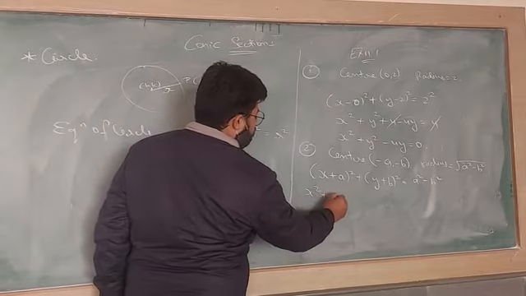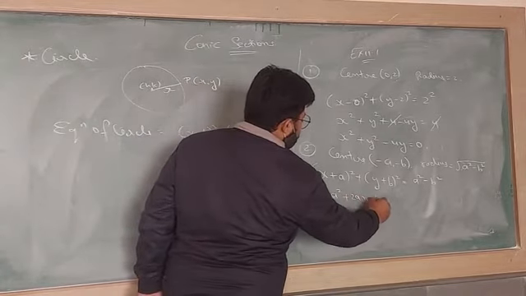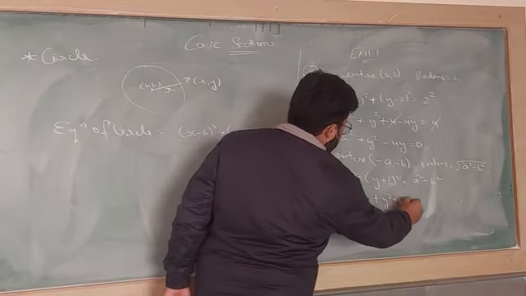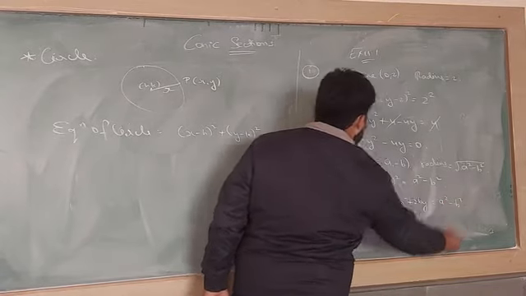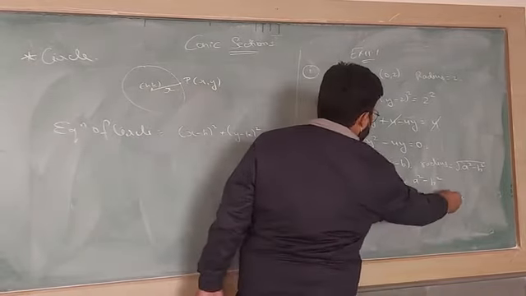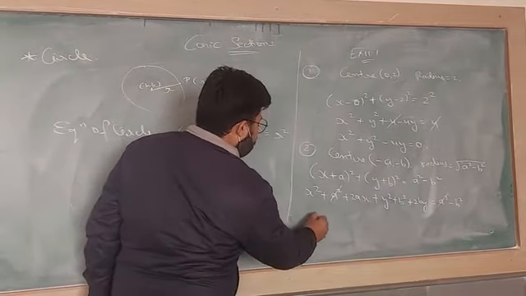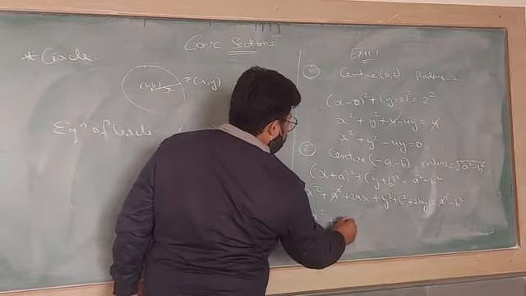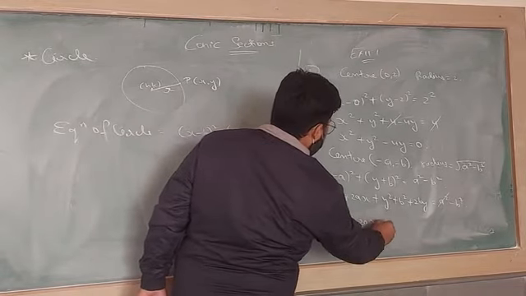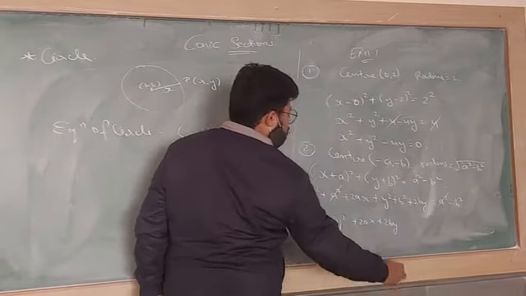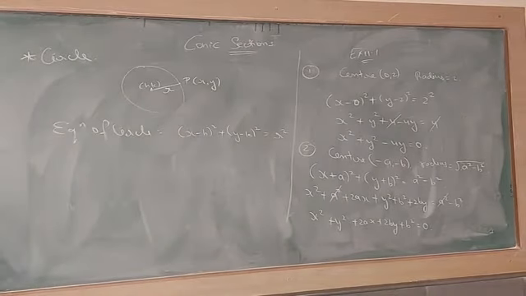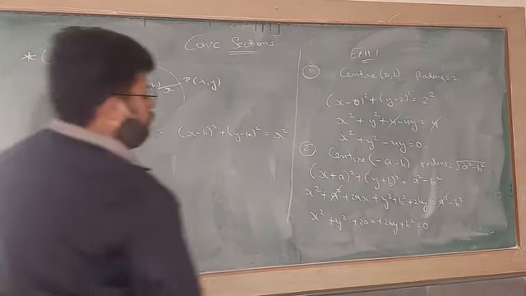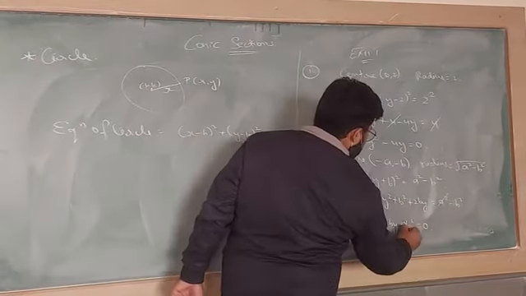So x square plus a square plus 2ax, here y square plus b square plus 2by equals a square minus b square. A square and a square will be cancelled. So here finally we have x square plus y square plus 2ax plus 2by, and it will be transferred here, plus b square equals to. This is the equation of b square and b square will be plus 2b square.